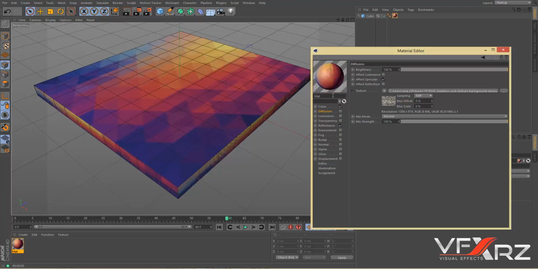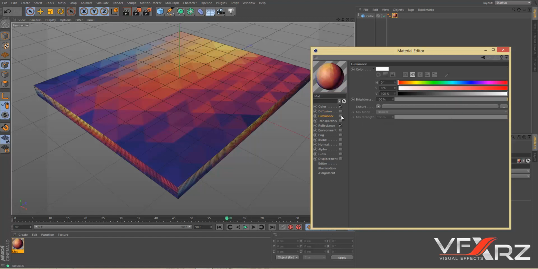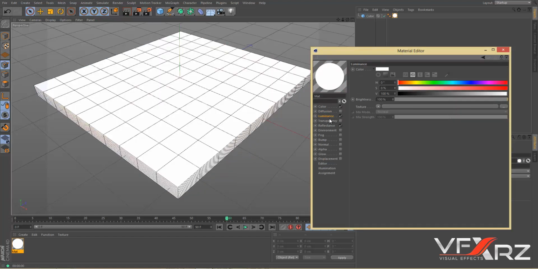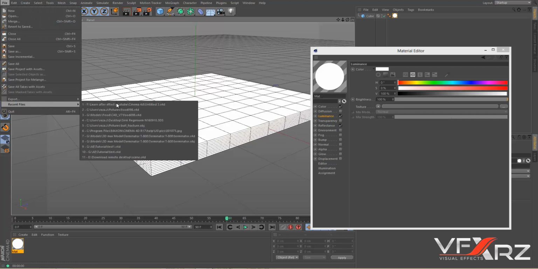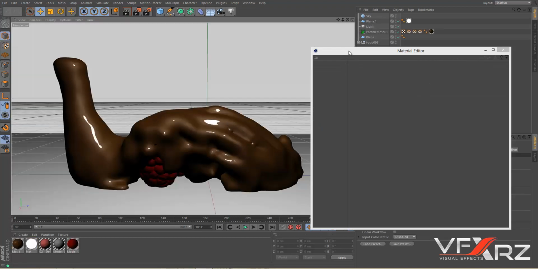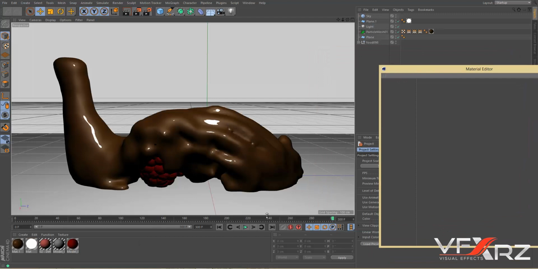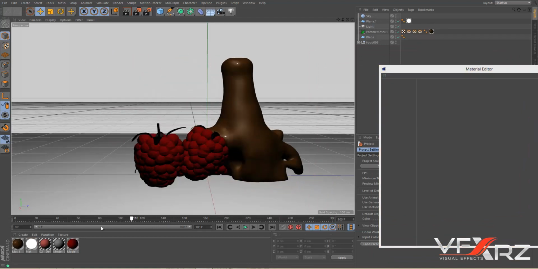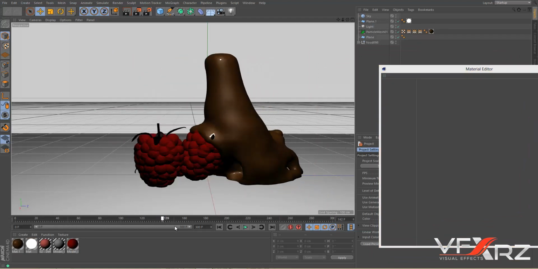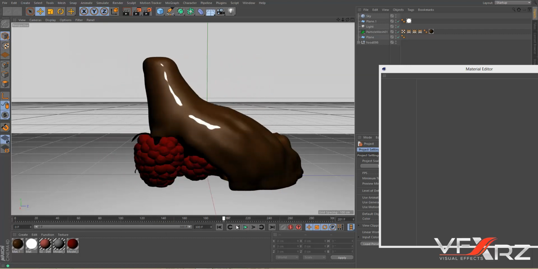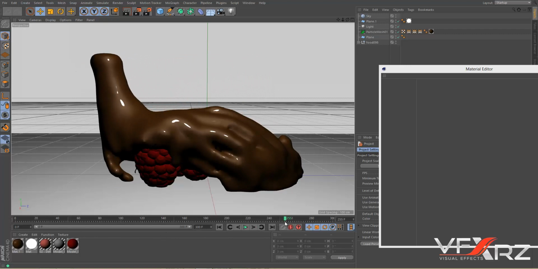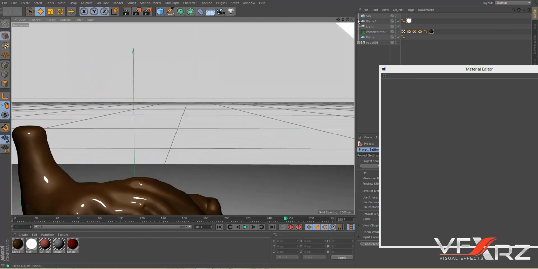Next option is luminance. First turn off this diffusion and turn on this checkbox of luminance. As you can see, it's like lamp. For example, I open another project, for example this project. I was created with Real Flow and Cinema 4D. If you change camera to here,